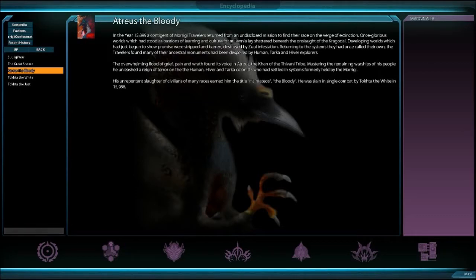The overwhelming flood of grief, pain, and wrath found its voice in Artius, the Khan of the Thavani tribe. Mustering the remaining warships of his people, he unleashed a reign of terror on the human, Hyver, and Tarkin colonists who had settled systems formerly held by the Marigi. His ruthless slaughter of civilians of many races earned him the name Artius the Bloody. He was slain in single combat by Tohikata the White in